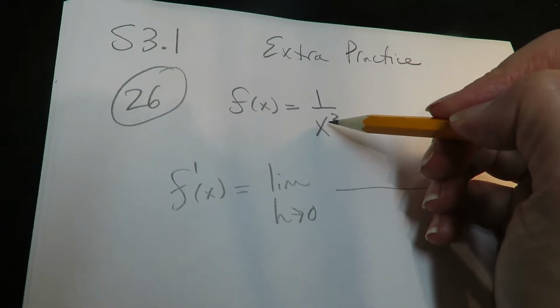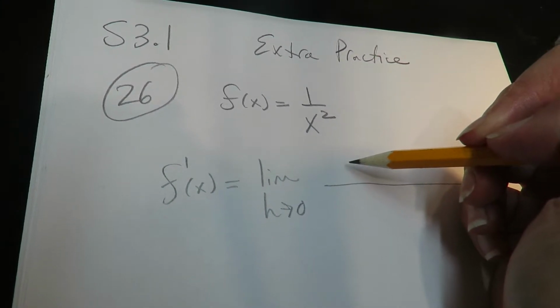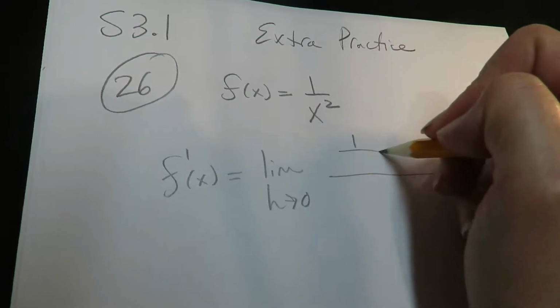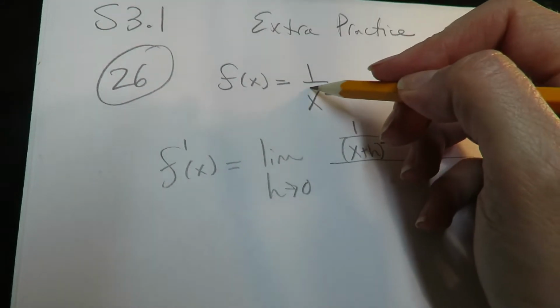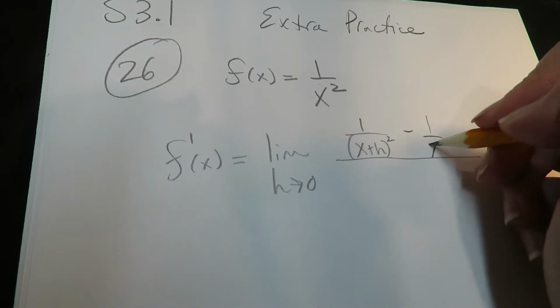All right, so remember, when you do the limit process, you first have to create f of x plus h. So x has to become x plus h. So again, x becomes x plus h, and just make sure you square all of it. Then you subtract the original